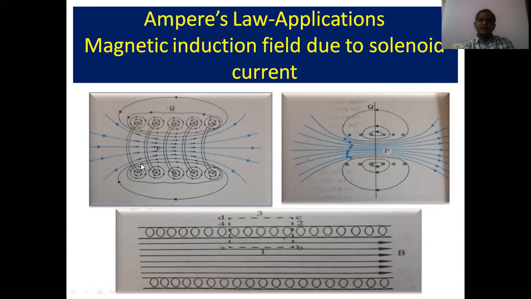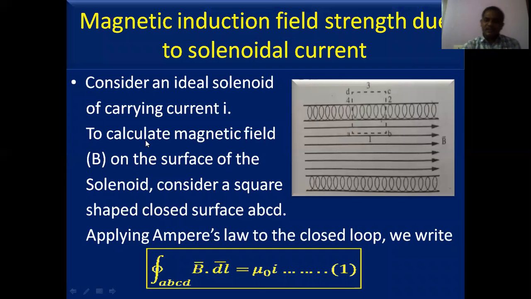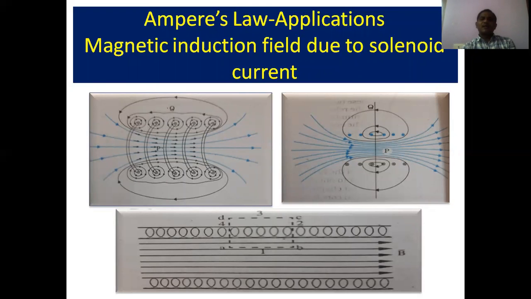Then the magnetic lines of force will be in this direction. At this point, now the turn will come outside, perpendicular to the plane of the paper. Therefore the magnetic lines of force direction will be in this direction. Hence the magnetic induction due to these two turns will cancel each other, right? Due to this reason, the magnetic induction field strength for a long solenoid outside is equal to 0.